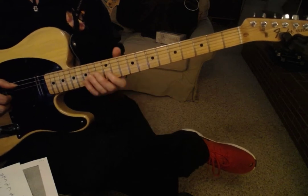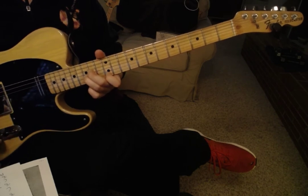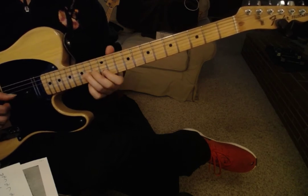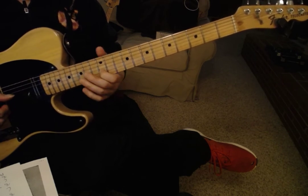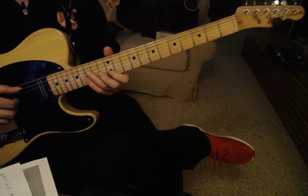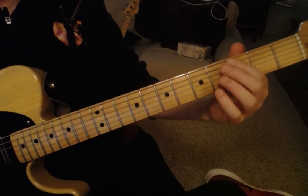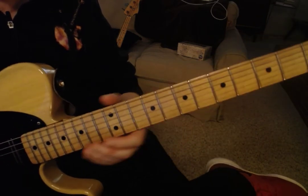So if you really wanted to be ambitious and play that, just the top part of the, so it's A, D, E, and then C, D, B. And I was trying to work out a way to play it with the bass line, which is going A, C, E. I think different octaves, but...